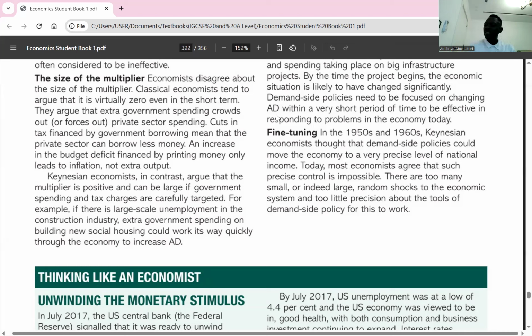So I wrote, this refers to the practice of making small incremental adjustments to monetary and fiscal policies to stabilize the economy and manage aggregate demand and prices. So for fine-tuning, it simply means whatever the problem is today, we try to adjust fiscal or monetary policy to suit the situation. That is what fine-tuning is about. Any question about it? So that's about the strength and weakness of demand-side policy. And that ends paper